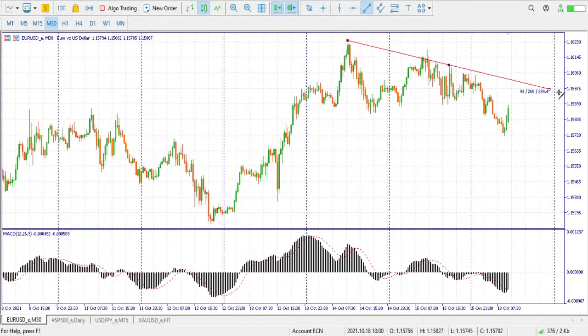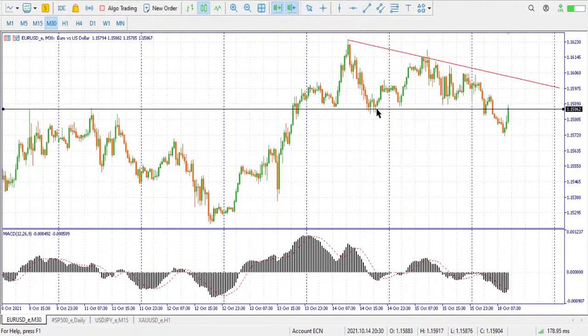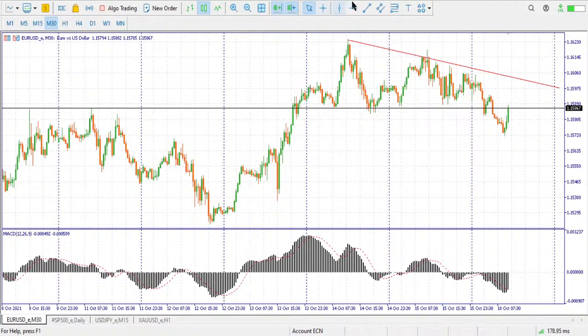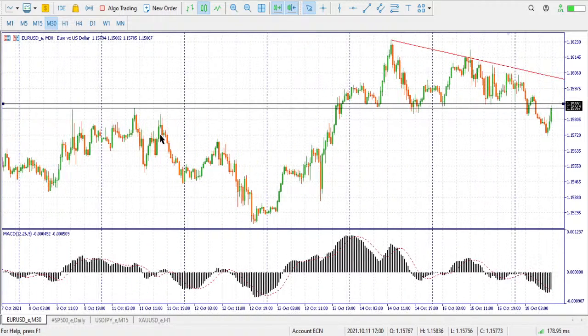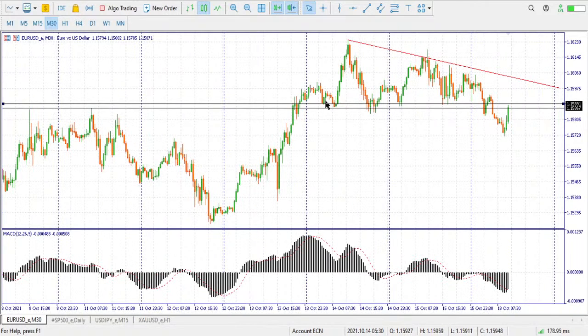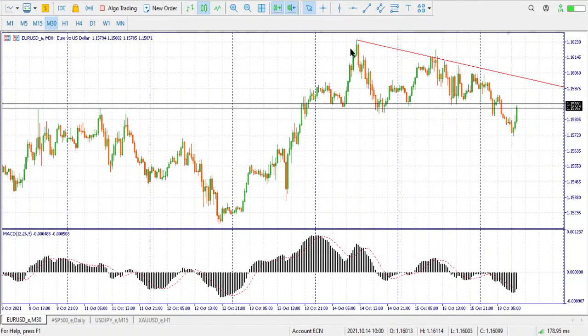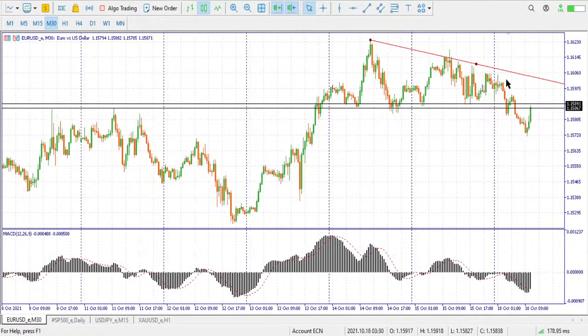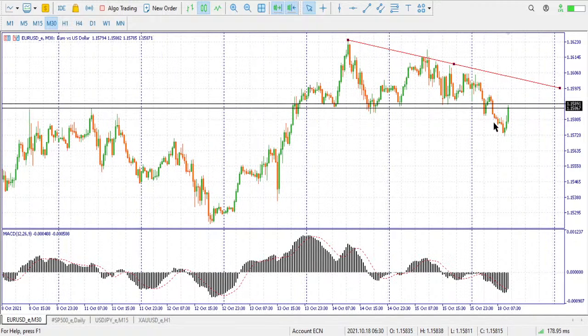First, we do have this level here, and then we have this, and then we have this one here. So you look at this keenly. This is like some resistance level. There is a break above, there is pullback, there's a continuation, retracement, there's a move up, and then there is this break below, there's another break below. So as we're speaking now, the price is below